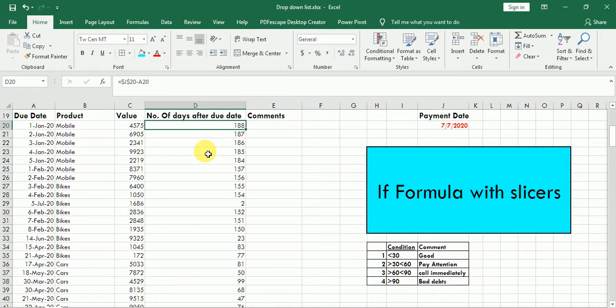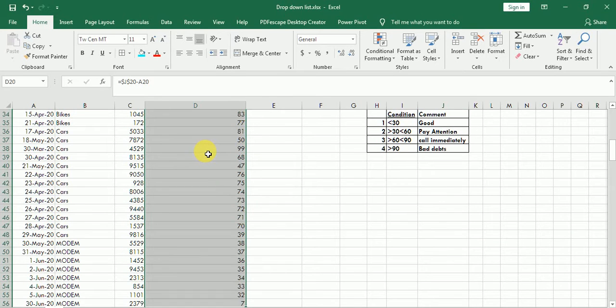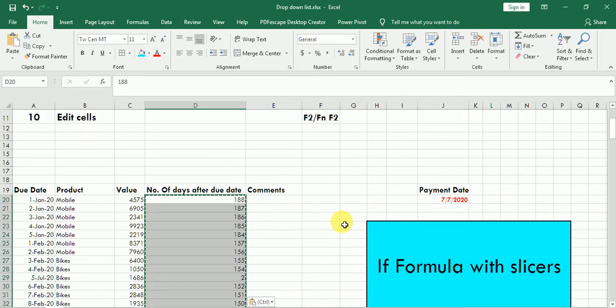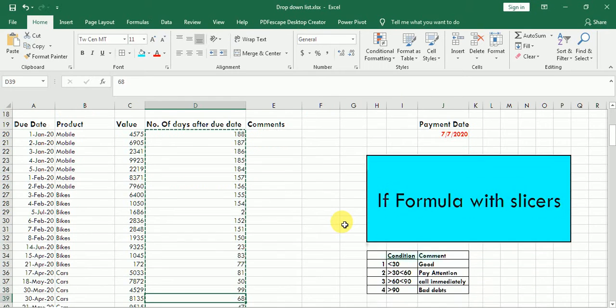I will press Shift Control and drag down, so it has selected all of them. I will press Control C to copy, and then press the Alt E S V shortcut. Now you can see that it has selected Values in Paste Special. I will press OK.